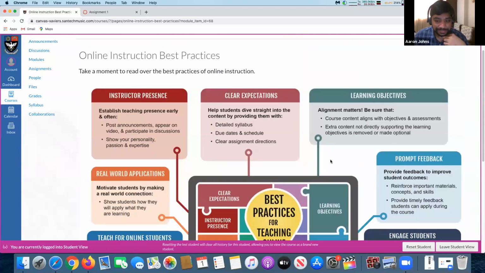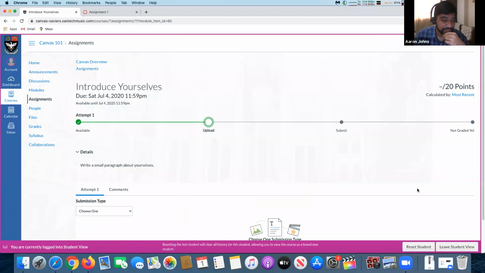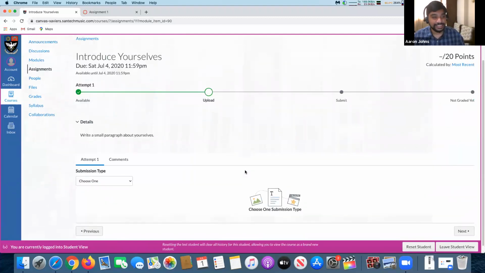As you can see, all this is over here. And finally, submission. This is the assignment. Can you see? You have to upload. It's showing you over here. Can you see one big track is over here? It's out of 20 marks. So file or URL is allowed, or text entry.